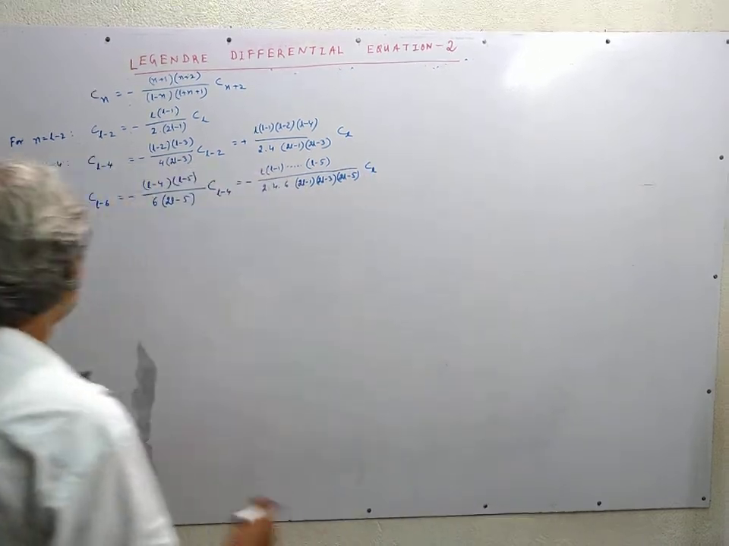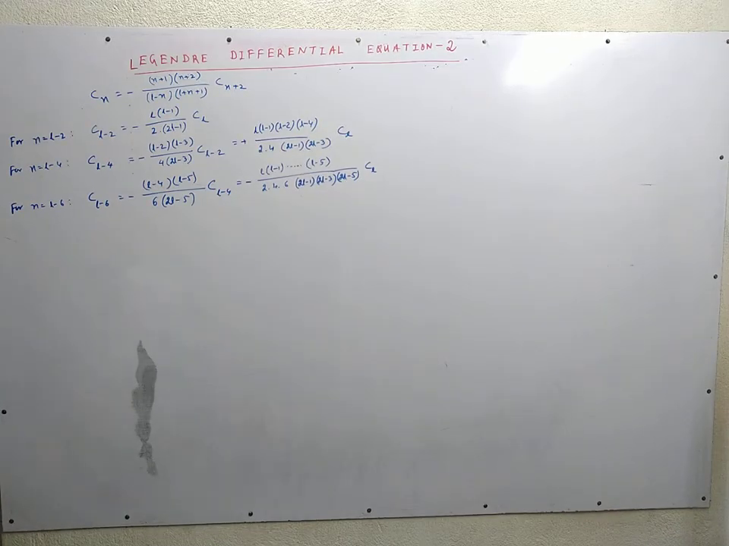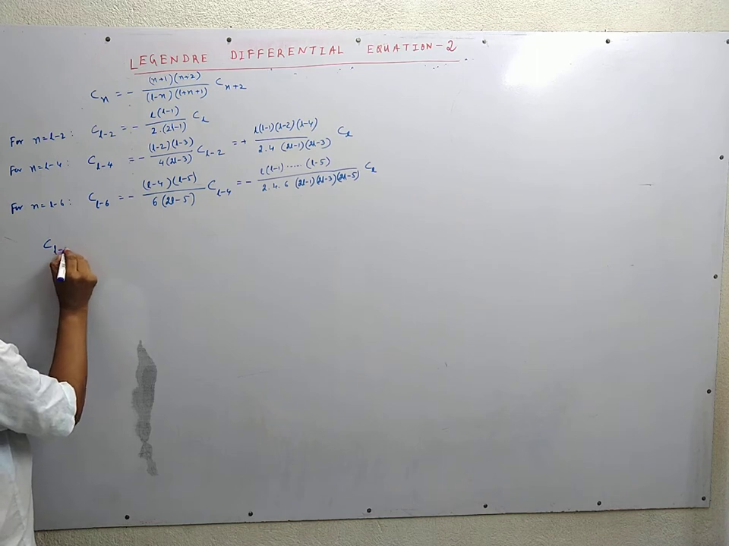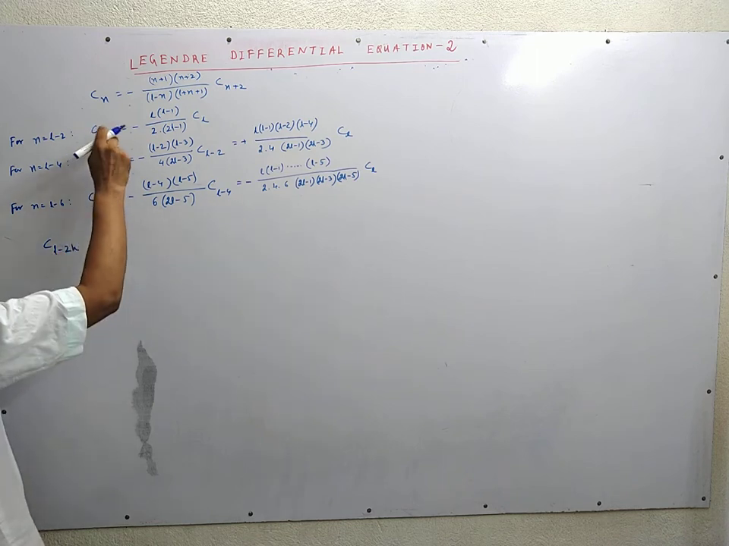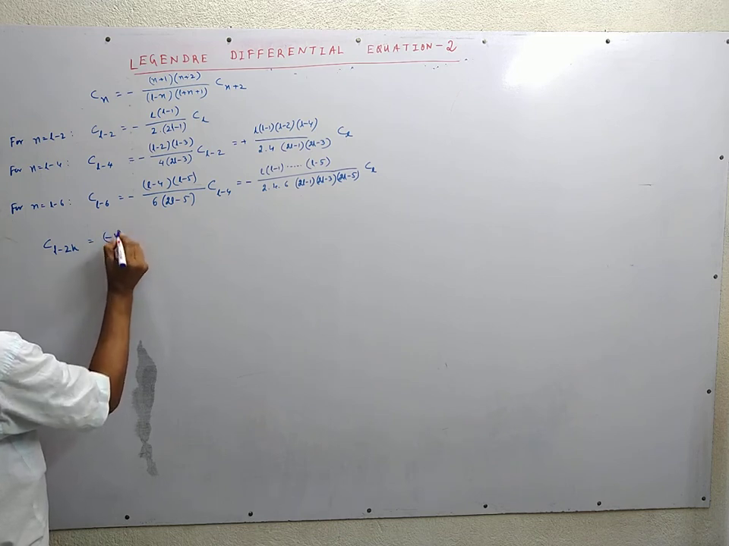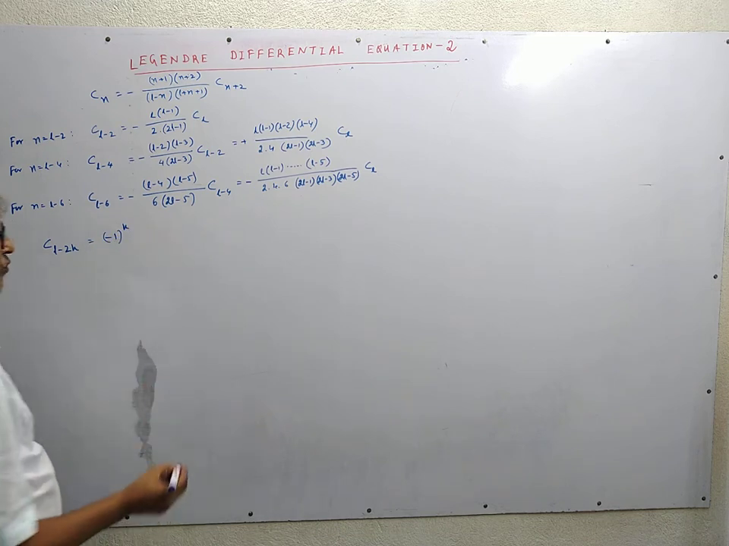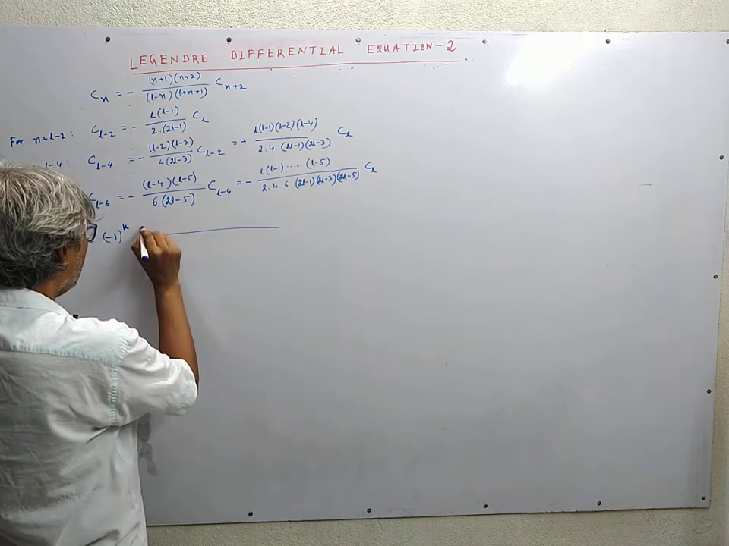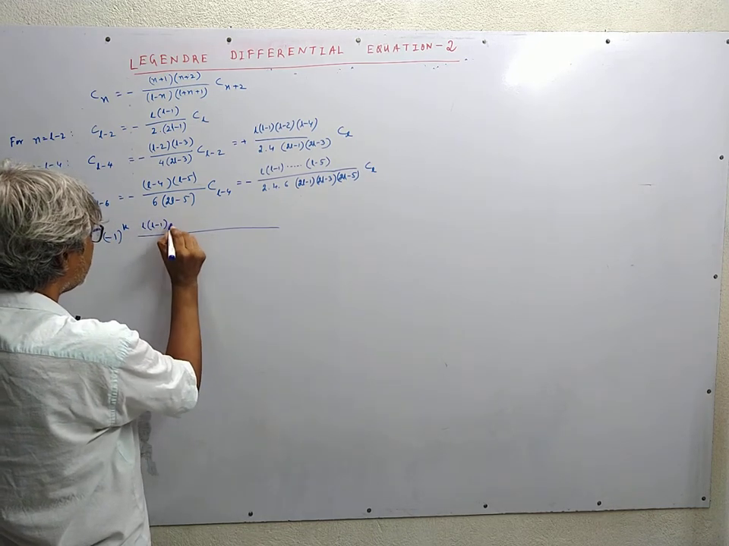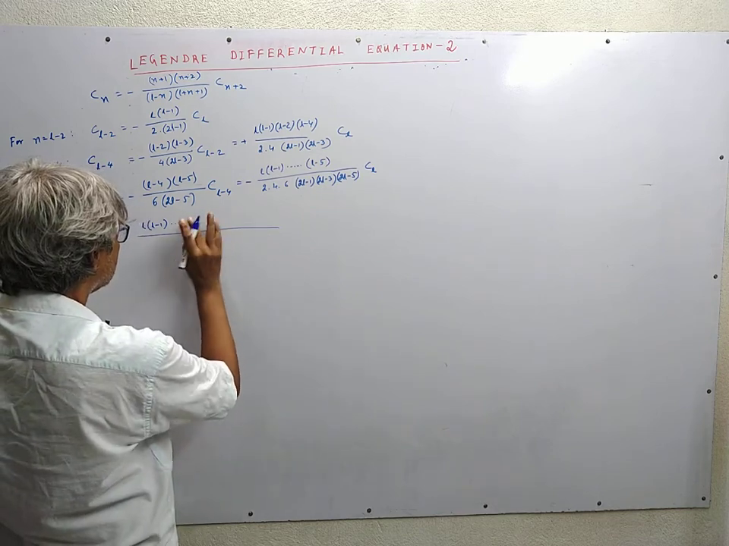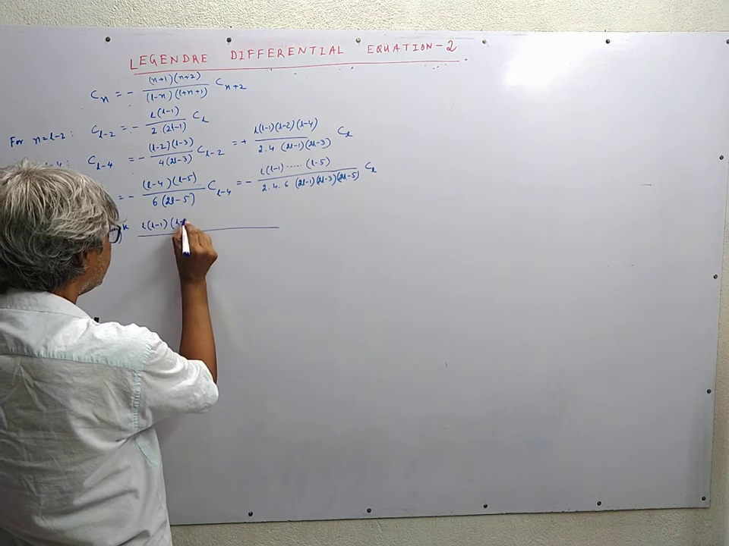Which can be generalized easily. So, we generalize it as C of L minus 2k, because the decrease is by 2. So this is minus 1 to the power k. In the numerator, we will have L, L minus 1, L minus 2,